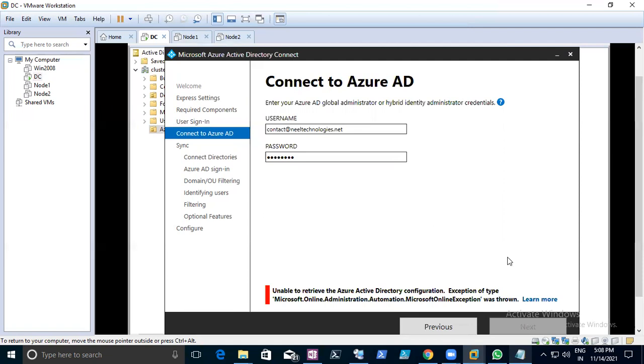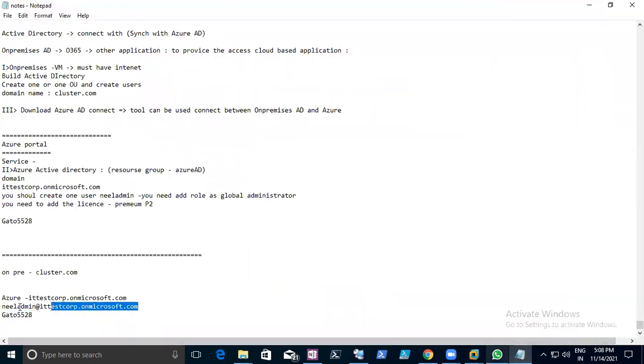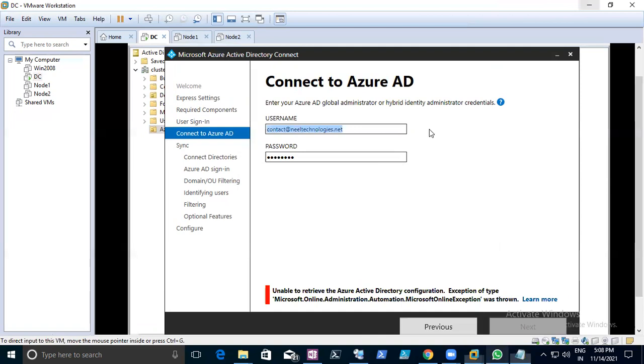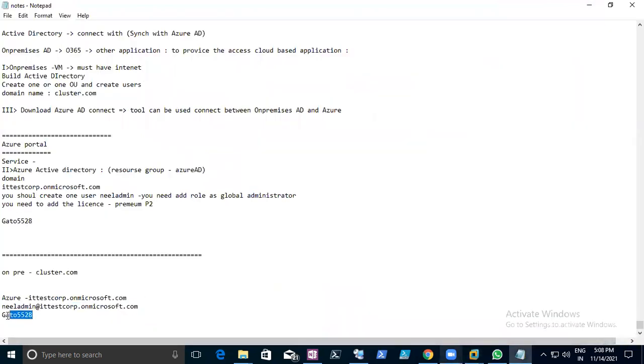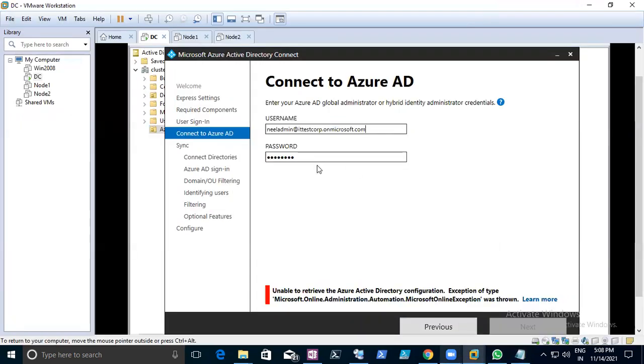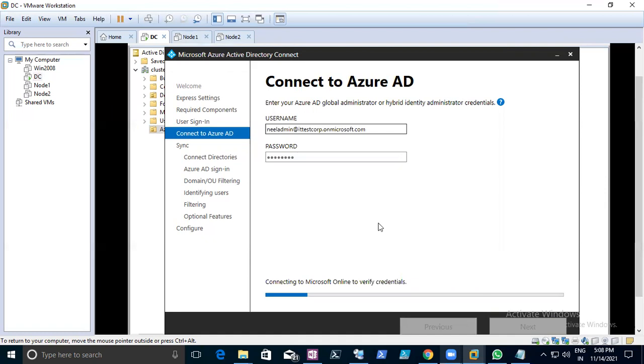Unable to retrieve Azure Active Directory configuration, please give the other one. Not this one actually. It should be taking this one, right? Yeah, this one only. But I gave that. So it should be getting authenticated.